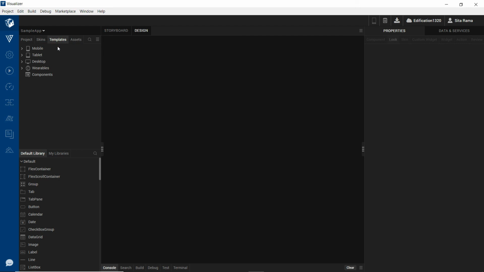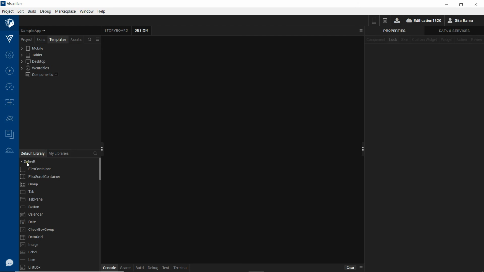This allows you to create the UI at one single place, and if you want to change it at a later point of time, you can change it at that one place and it reflects at all the places where the template has been used. So templates are a kind of reusable UI that you can create inside your application.